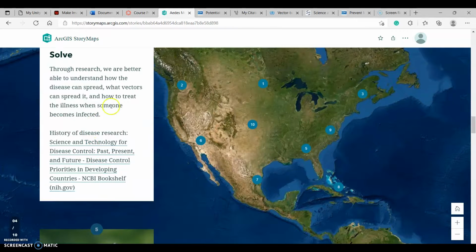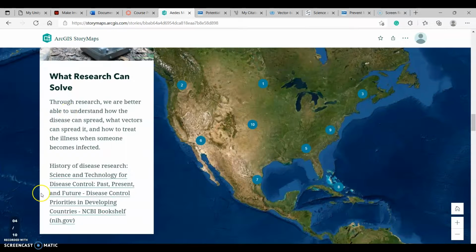And then finally, the history of how we have prevented diseases in the past, like vector-borne diseases. It breaks down how we've done it in the past, what has worked, what hasn't worked. And it's a good resource to refresh yourself on how to protect yourself, your family, your loved ones, things like that. It's also a really good tool for helping you develop your own type of preventative measures. These measures can help protect you, your family, everyone else.